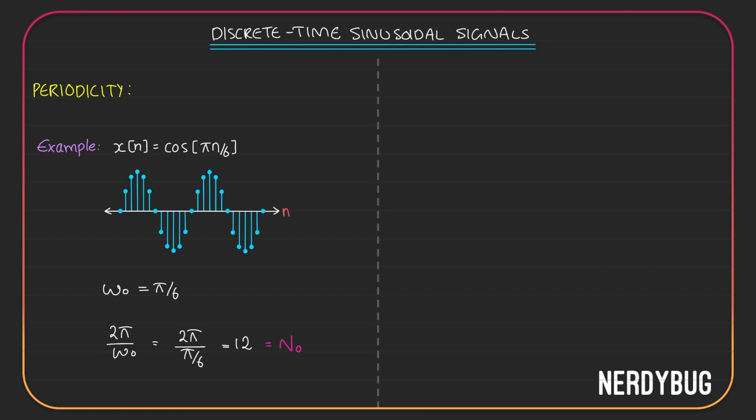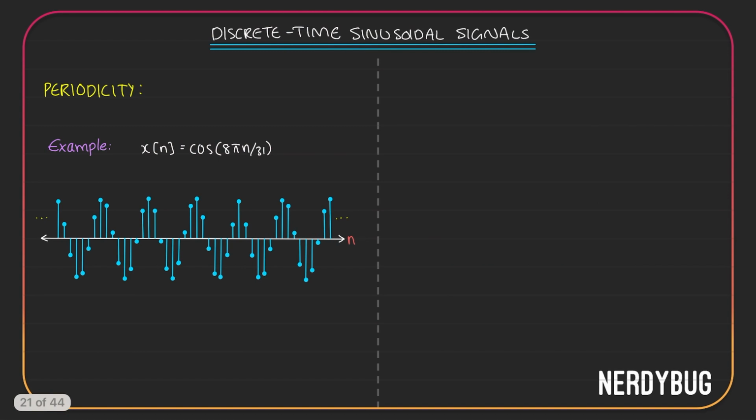Let's take another example. The next example I have is x of n is cos of 8 pi n by 31, or cos of 8 pi by 31 n. So here omega is 8 pi by 31, right? So I'll write omega naught first. It's 8 pi by 31. And this, as I said again, is the actual representation of cos 8 pi n by 31. This is not a random figure I drew. It actually represents x of n. So if I look at it, I can actually see the envelope. That is the continuous time sinusoidal signal from which we have created this discrete time signal.